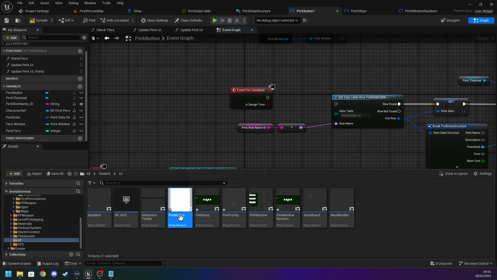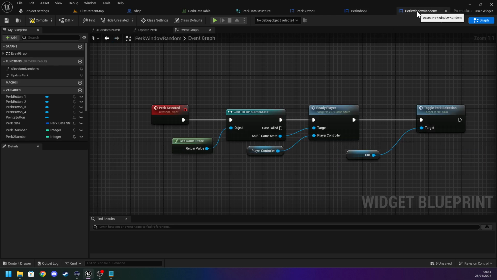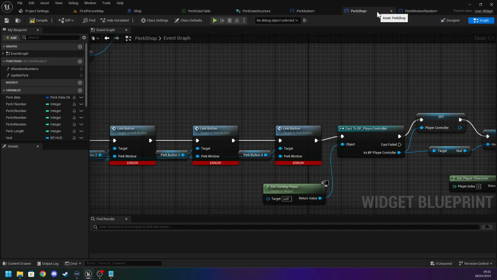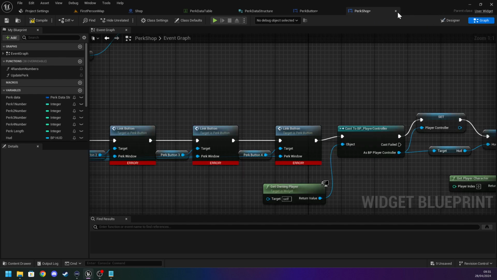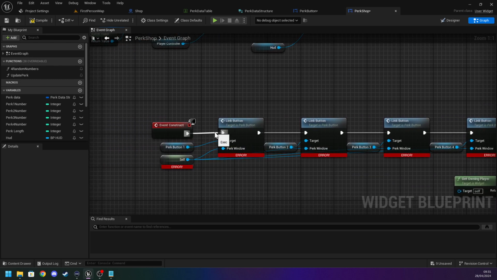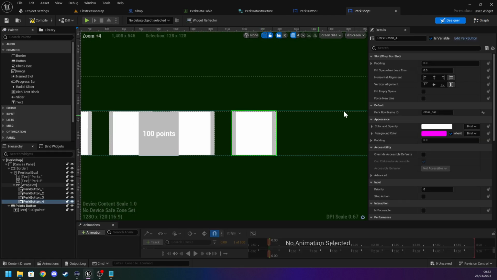That's good. I'll just make another one for the shop as well. Perk button shop. Then we get perk shop, perk button. And we do still want to tag it and link the button. So perk button, target, perk window. We want to replace this with